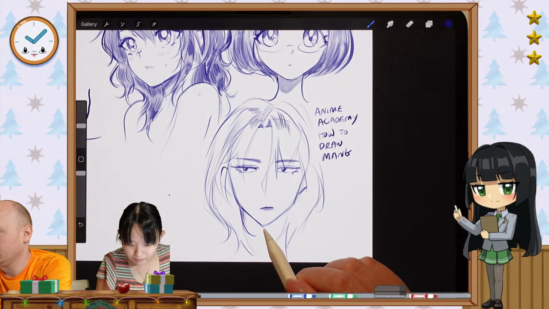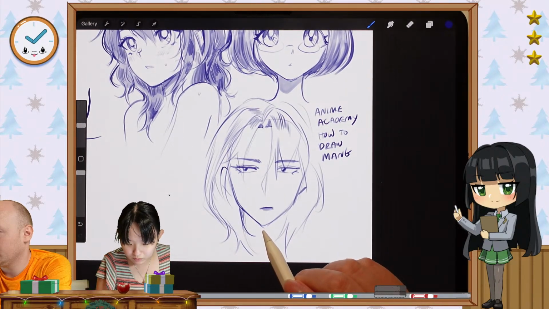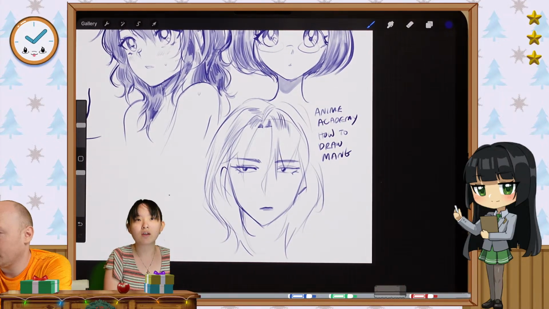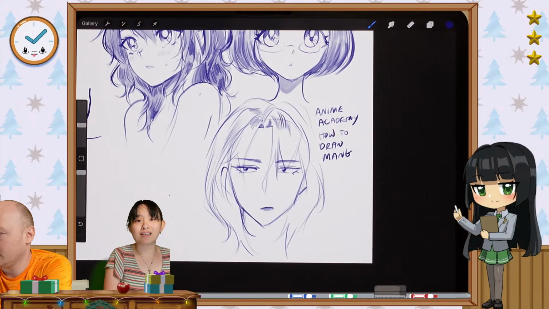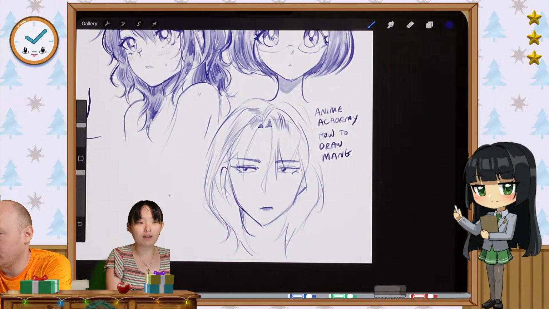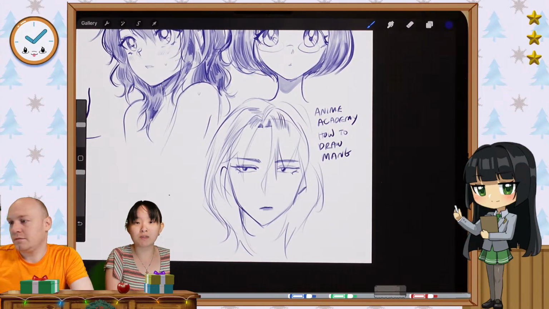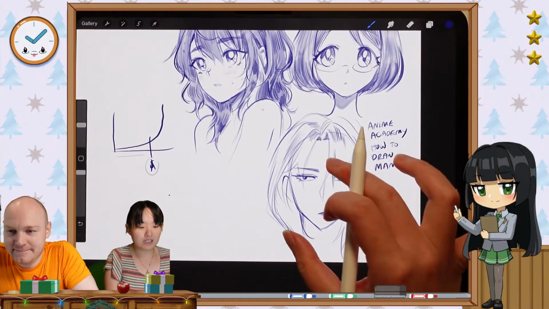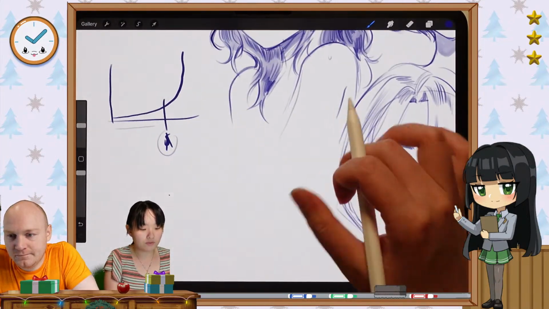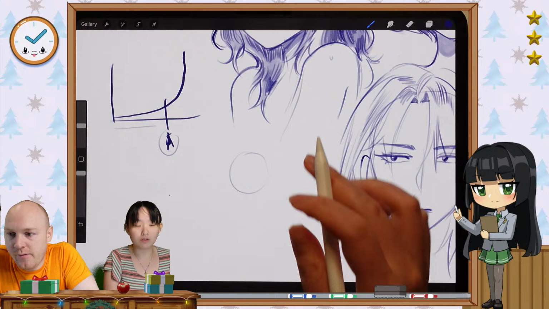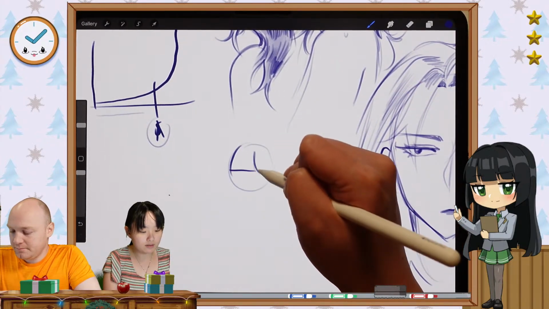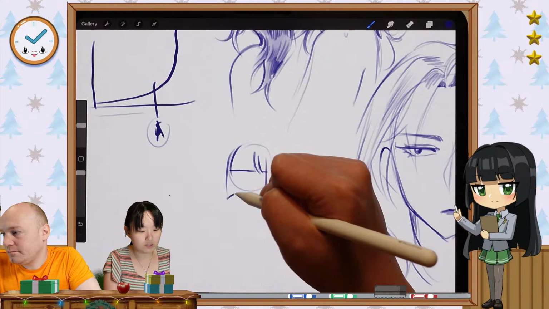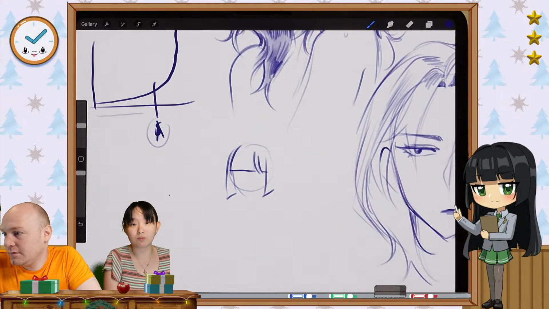How do you guys find shape language in anime? I remember someone telling me to try that, but I don't see it as clearly as, say, a cartoon character. I think cartoon characters are very exaggerated in their shapes. With any drawing, there's shape design. With anime, shape design can be in the hair. Let's say you have a character with very blunt, straight bangs. That's part of the shape language.